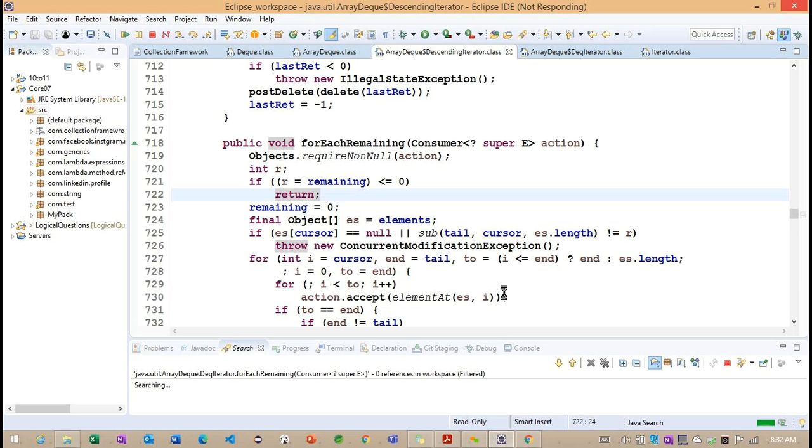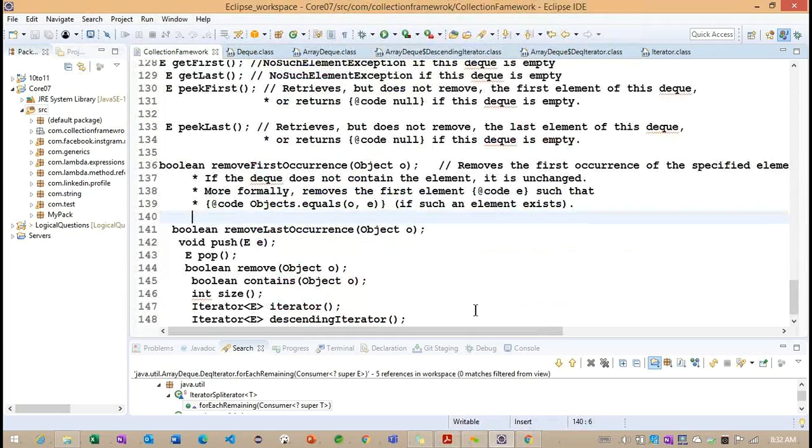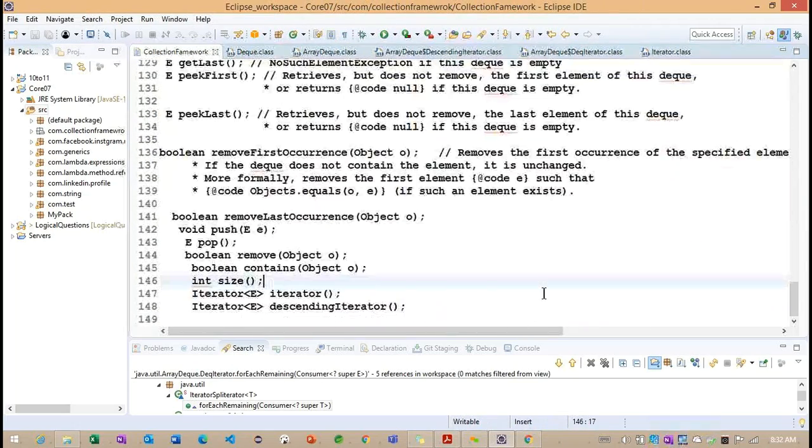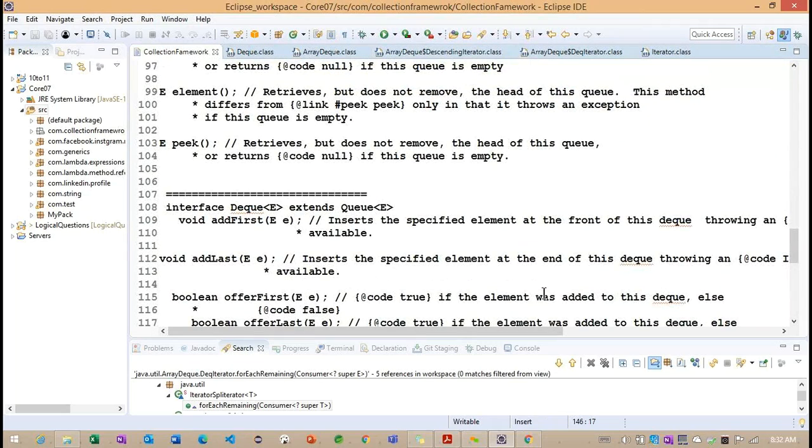But we need to understand very carefully how the variables, the methods and the constructors are declared, so that we can learn more about how each and every collection class is implemented. Getting the point, right? This section of code we are going to discuss in our Monday class, because as of now we completed all the interfaces inside the collections. We'll continue on Monday with the implementation classes.